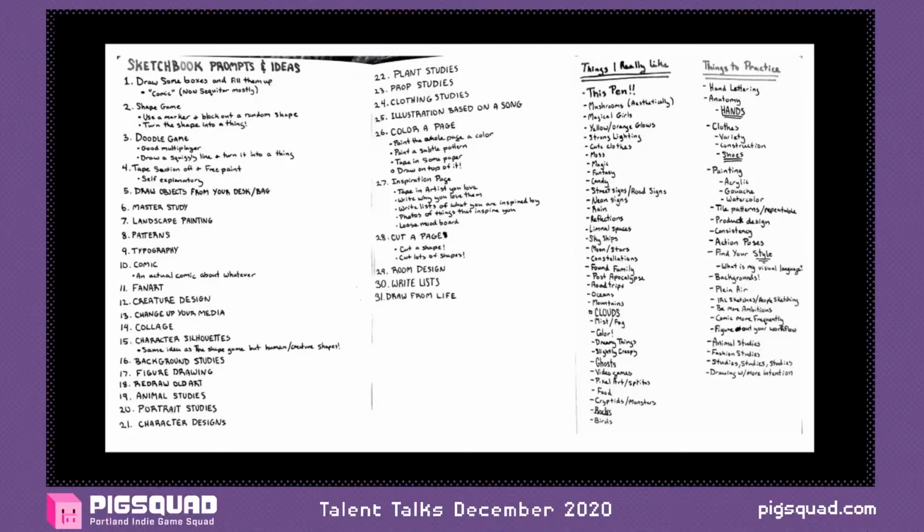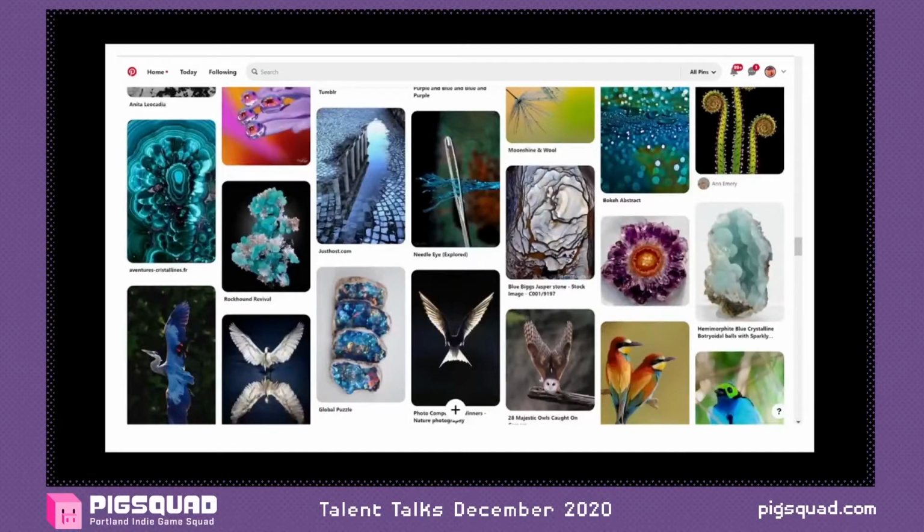I also like to keep a lot of lists on my phone if I get an idea while I'm out or at work and need to quickly write it down. It doesn't matter where you write it down, what matters is that you did write it somewhere. As for Pinterest, Pinterest is great. Pinterest is also like Wikipedia. It's a great place to start, but you shouldn't cite it at the very end.